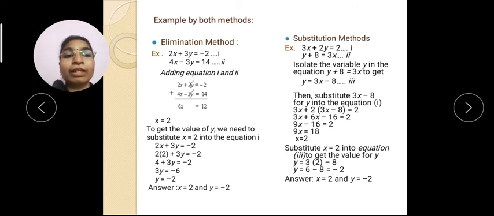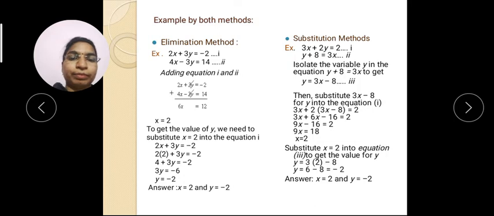It means, then how to tally your answer? That is also one additional point I want to say. Whether your answer is correct or not, you can check yourself. How to check? Substitute both values of x and y in any one equation. If your LHS is equal to RHS, meaning left hand side is equal to right hand side, it means that the answer to your question is correct. If LHS is not equal to RHS, it means that your calculation is wrong. Okay, so try it, do it at home.